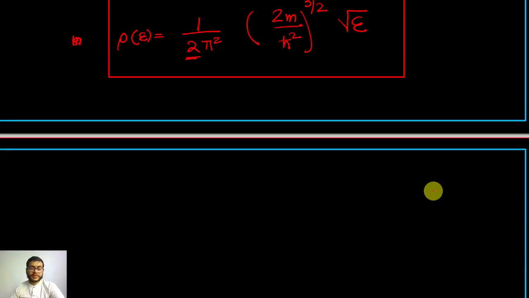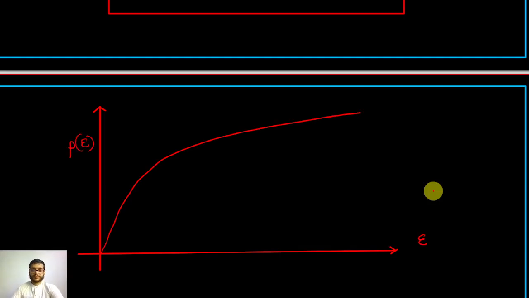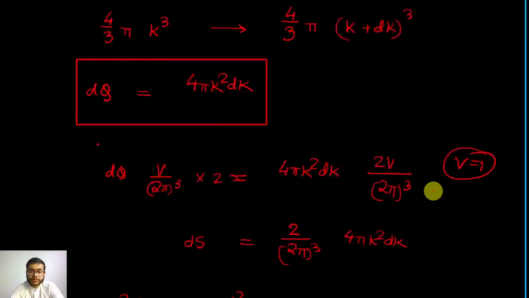Okay, so basically what it means is rho E is proportional to the square root of E, right? So this is how it looks like, rho E versus E. So rho E is proportional to the square root of E. Okay,